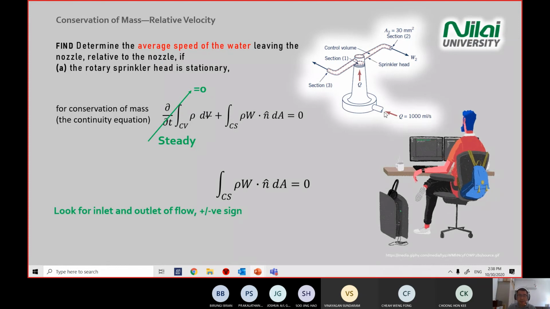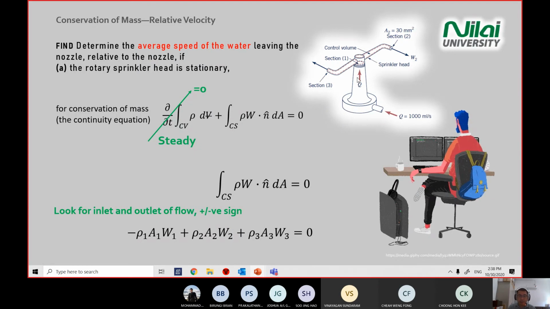Be careful: whatever is in is negative, whatever is out is positive for the control surface here. This term here, the second term in the continuity equation, is m dot. m dot equals rho A V. And because we have a moving control volume here,